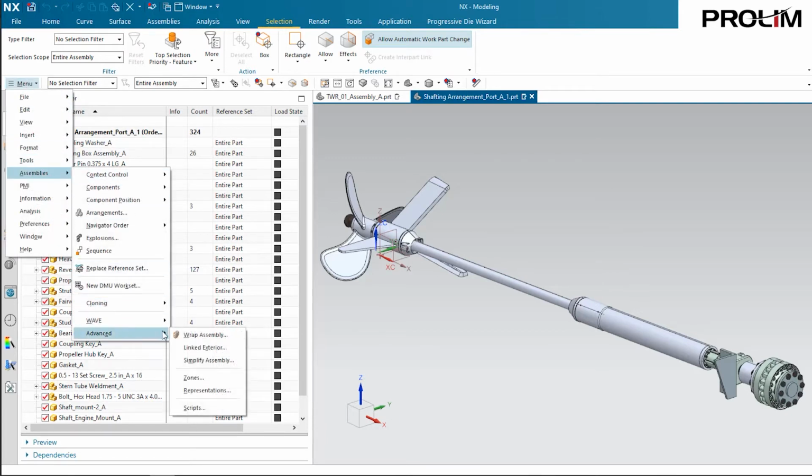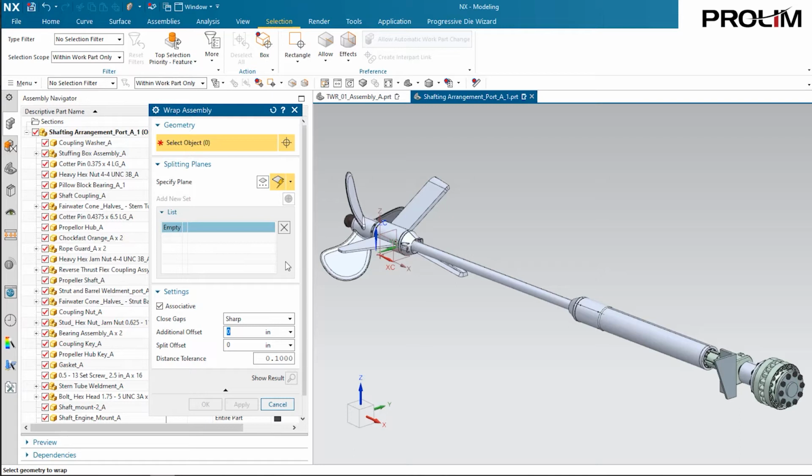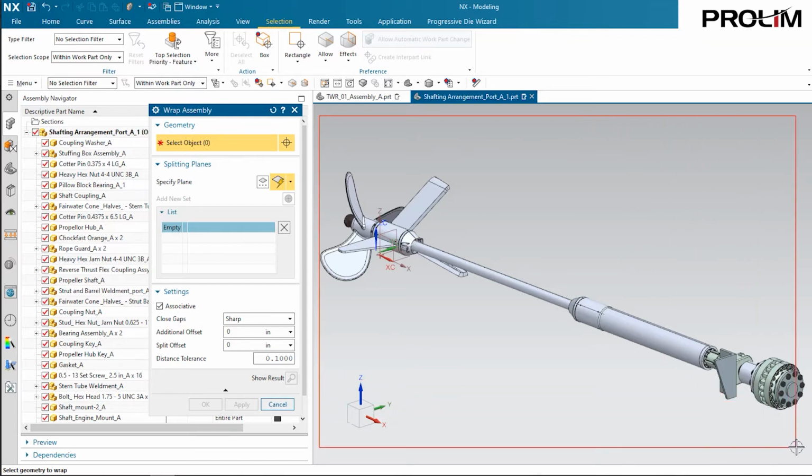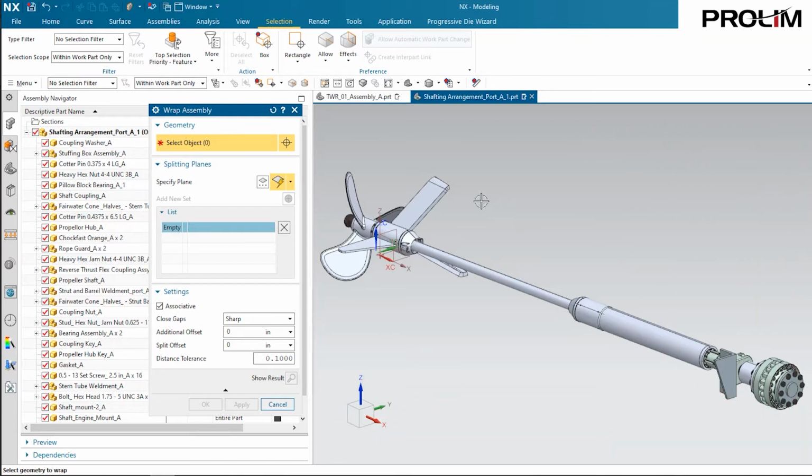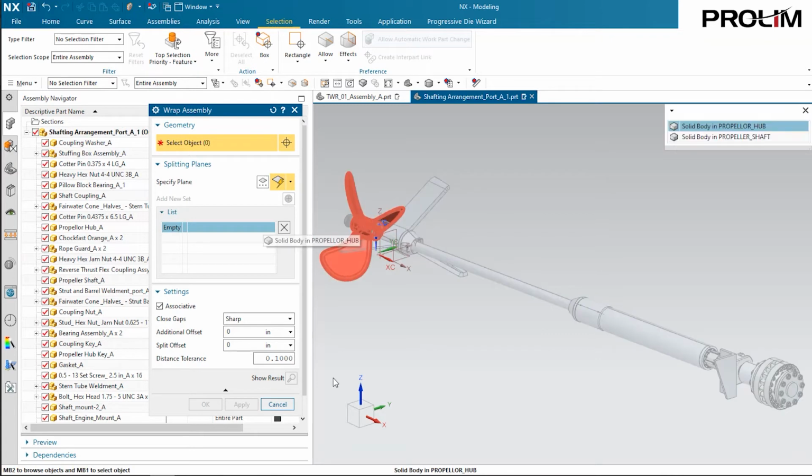Go ahead and start my command. And it prompts me to select some geometry. Now, if I try and select the geometry for these components, which I want to select all the components in here, it won't let me. And you might think it might be because of your selection filter. So if I set this to entire assembly, and go ahead and try and select my components, it won't let me either. But if I try to select one component,